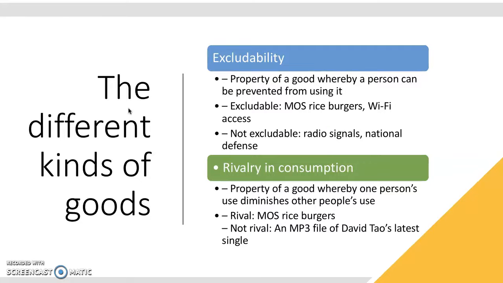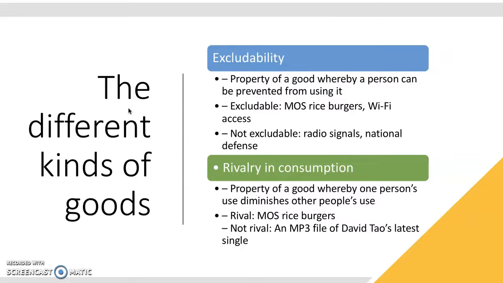So, different kinds of goods. Excludability is the property of a good whereby a person can be prevented from using it. This includes such manufactured goods as rice burgers and Wi-Fi access as excludable. Not excludable are radio signals, national defense, etc., as previously noted. Then there is rivalry in consumption,